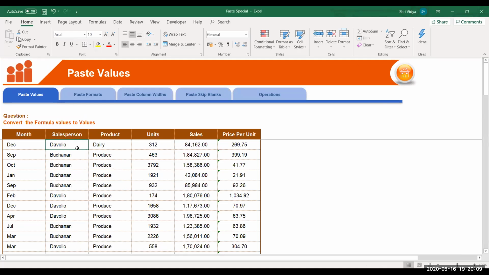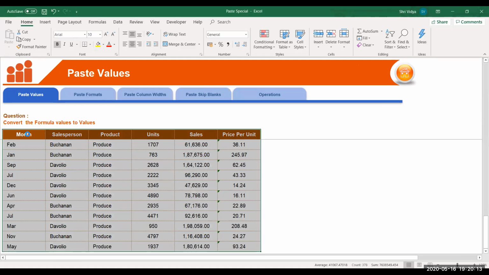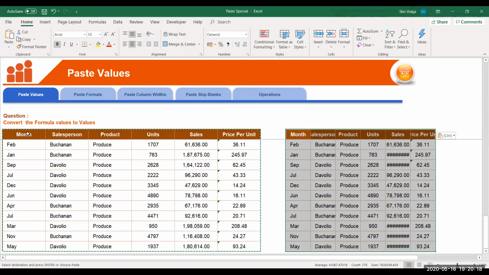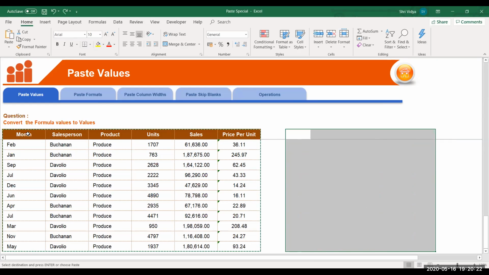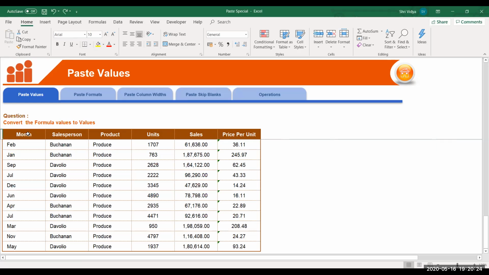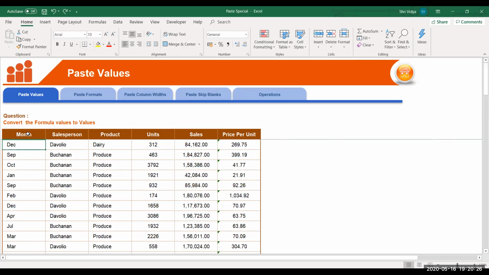So you all might have known how to just copy it and paste it by using Control V. So this is the usual way you paste. Some of you, if you are an extensive Excel user, might even know how to paste as values or formulas. So you might have learned these things as well.